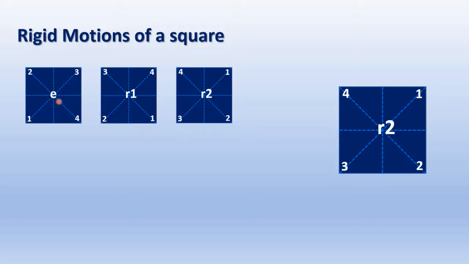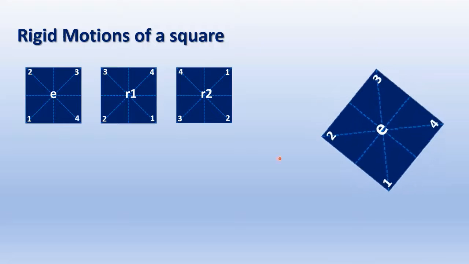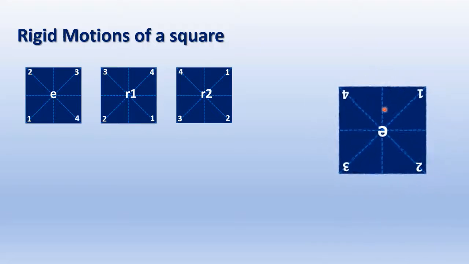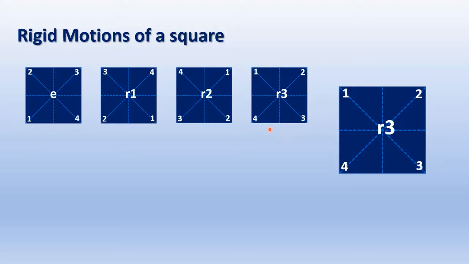Similarly, you can do another rotation to an angle of 270 degree anti-clockwise. So now we have obtained 4, 1, 2, 3. Suppose we rotate this final image again by an angle of 90 degree anti-clockwise, we will get the initial image E. So here you are having 4, 1, 2, 3. If you rotate again, we will have 1, 2, 3, 4.